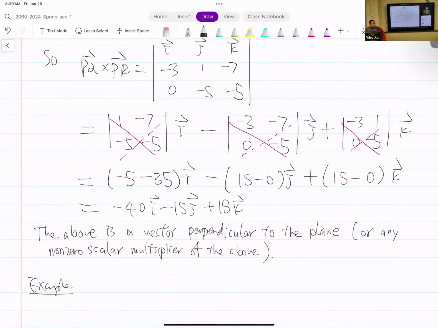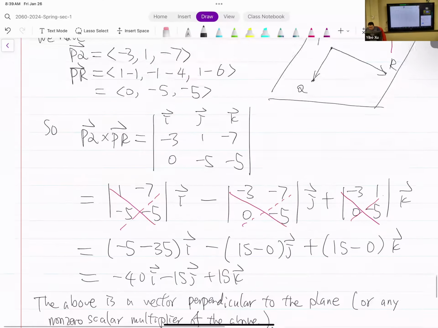So was it good? Yes. How do you know that? The question is, how do I know if the vector is perpendicular to the original plane? Right? Very good question, very good question. So in fact, what we have done is that,